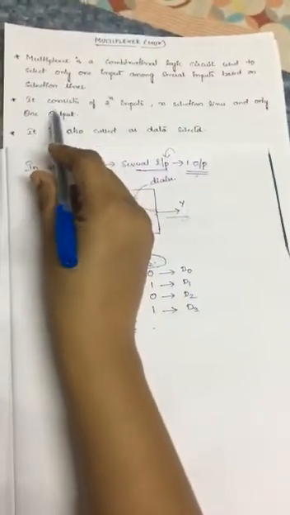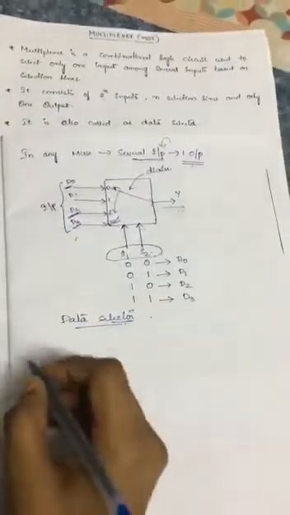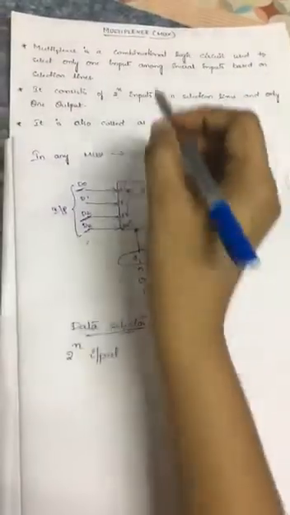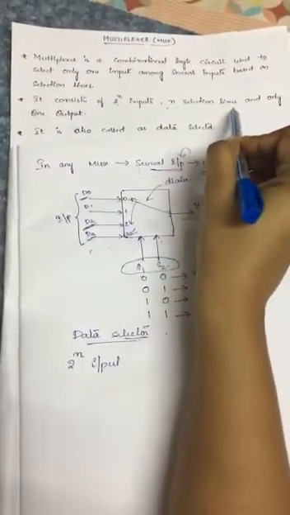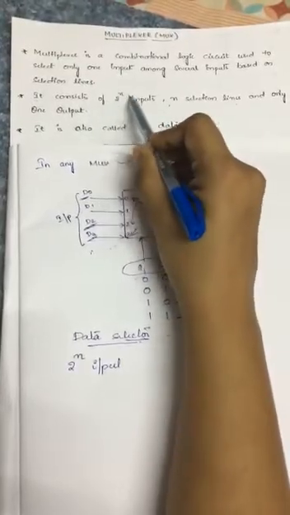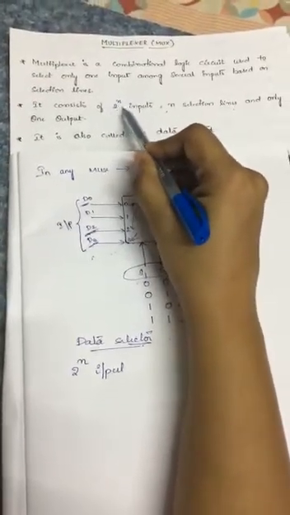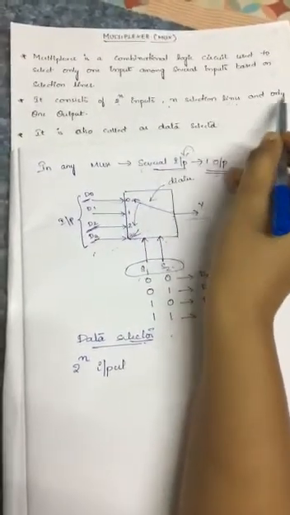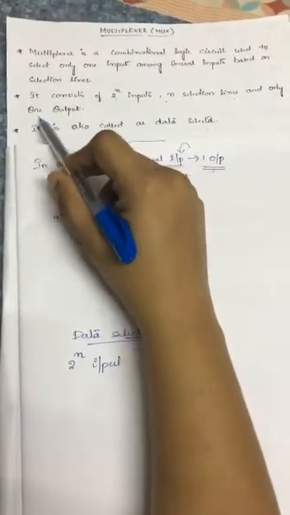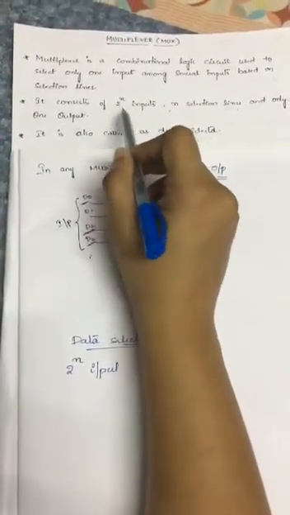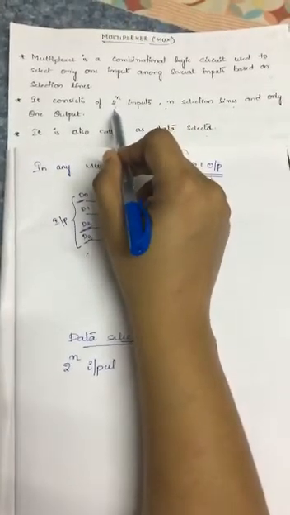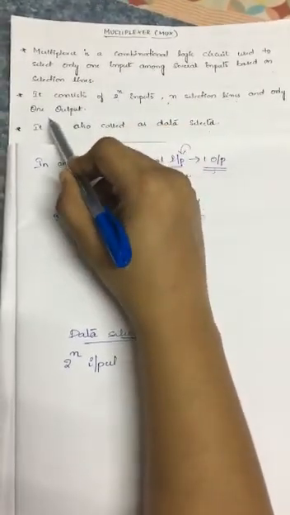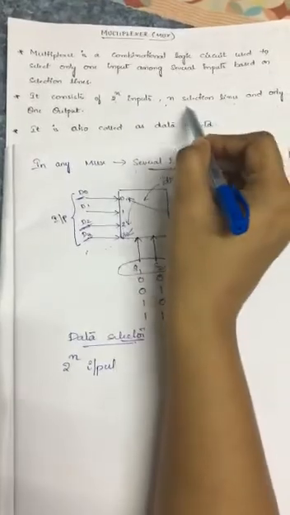And one of the important points is, in any multiplexer you are going to have 2 power n inputs, where n is the number of selection lines. Depending on that, for any multiplexer you have 2 power n inputs, where n is called the selection lines, and your final output is going to be only one output. Again I am repeating, for any multiplexer you can have 2 power n inputs and only one output, where n is called selection lines.